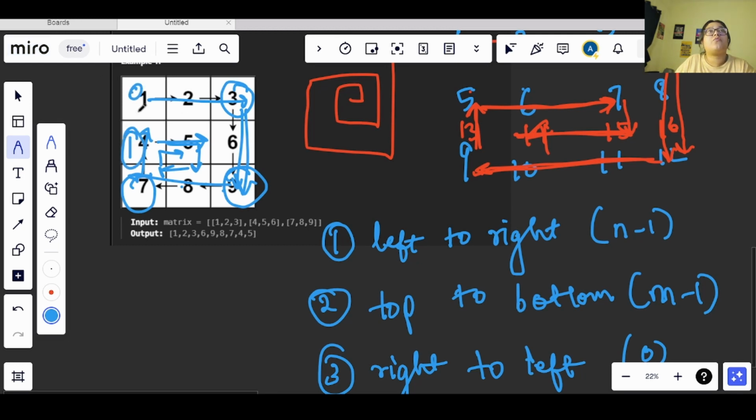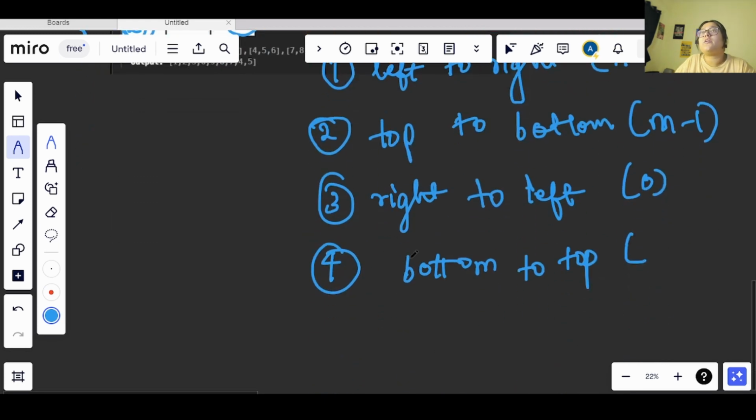It signifies that once we have completed this, the i value will increment, right? So we will be going from the second row to the first row only.